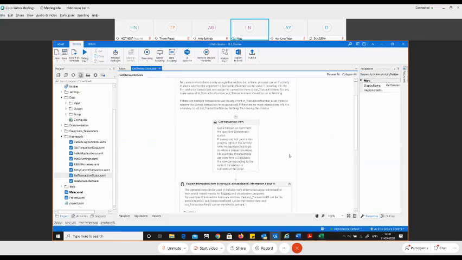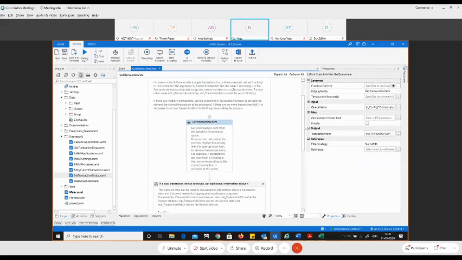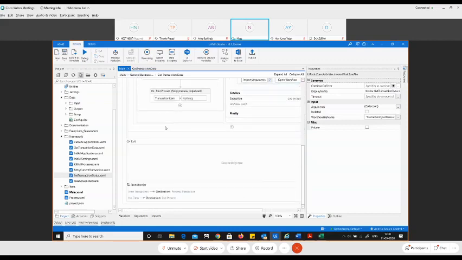So in the get transaction item, what we are going to do is we are fetching the values from the queue. So the queue's value will be fetched. The particular queue transaction will be fetched, and then it will be passed on for the processing. If not, then what happens is it will stop the process.